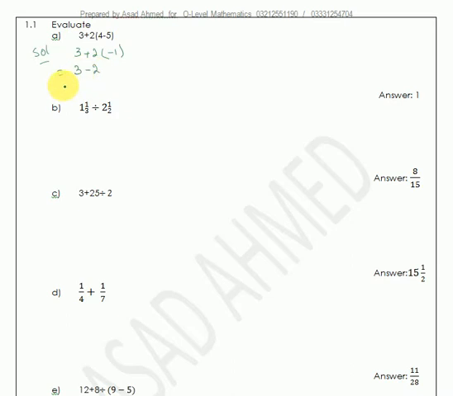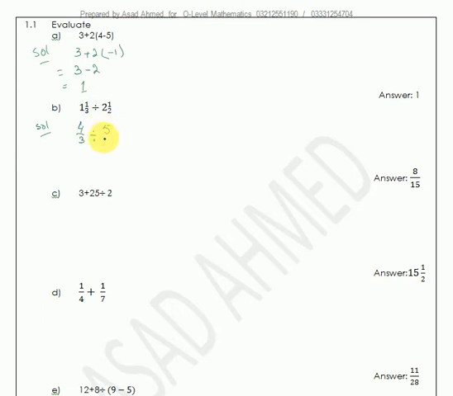It is really very much simple. So it becomes 3 minus 2 is 1. This is the answer. In part B, we have two fractions and they are mixed fractions. So first we convert them into simple fractions. 3 ones are 3 and 1 is 4, 4 upon 3, divided by 2 twos are 4 and 1 is 5,